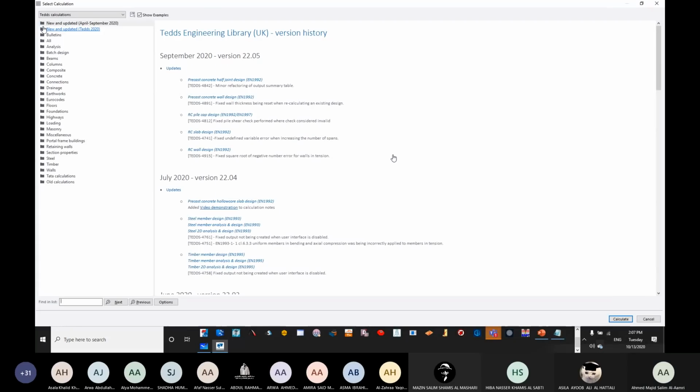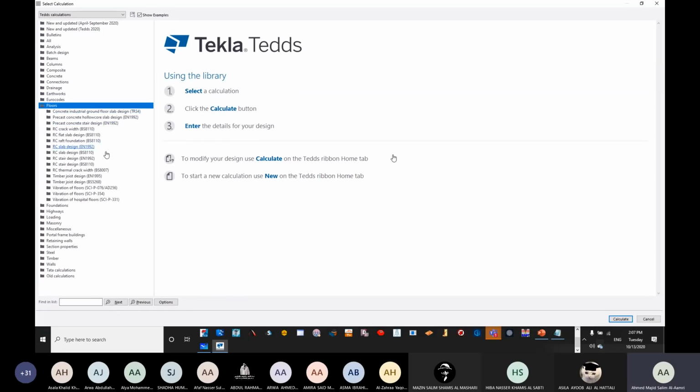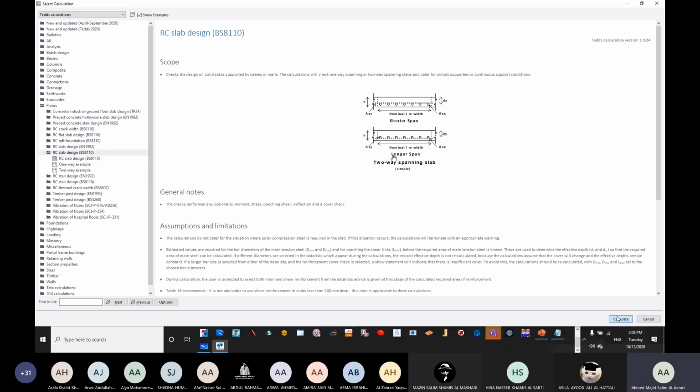Okay, so if we go for new, you can see that there are different things here. We have beams, columns, concrete, floor, euro codes, different things are there. Okay. So for example, if I go for floors, I have different things under floors. We have stair design to BS code. We have stair design to EN, that's euro code. We have slab design to BS code, slab design for euro codes, raft foundation, flat slab design, and other things. So if we go for RC slab design, and then we go for calculate,